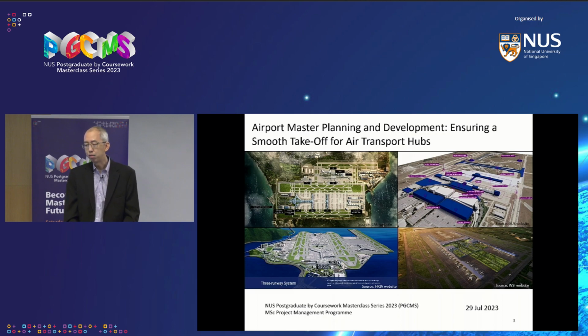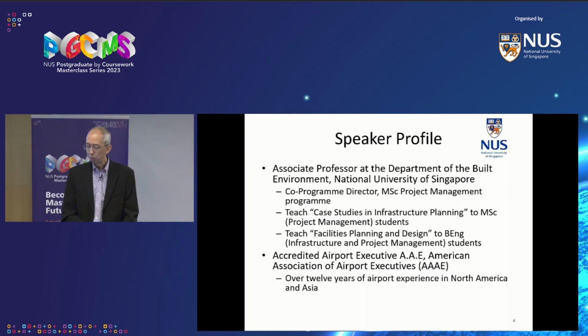And then the bottom right corner, for those of you that like to go down under, that's the brand new Western Sydney Airport. Sydney Airport is getting very, very congested now, so Western Sydney Airport is being built right now, and that should be ready, I believe, by 2026. And on the top right-hand corner, if you guessed it, you're really good, because there's Austin Bergstrom International Airport in the city of Austin in Texas, where I spent about 5-6 years. Later on, the case example which I'm going to use is from Austin Bergstrom International Airport in the state of Texas.